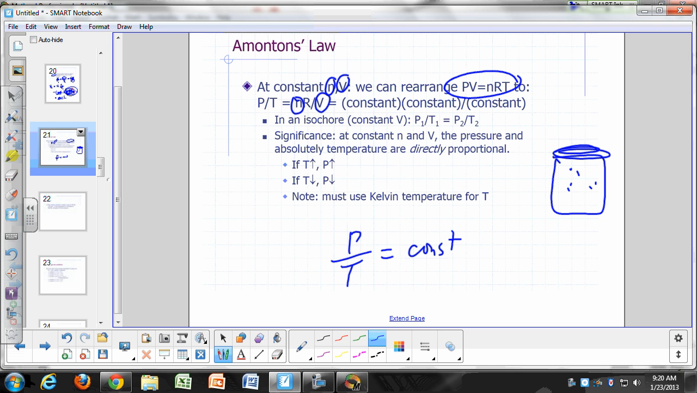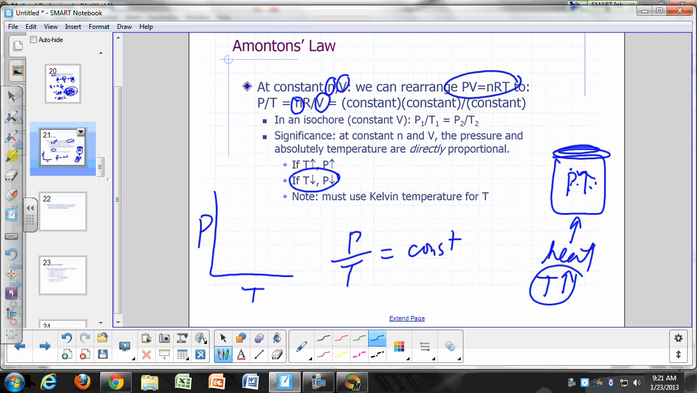In this particular case, you can see how the pressure is related to the temperature. What happens if you heat this gas? If the temperature goes up, what happens to the pressure? It goes up. So we say pressure and absolute temperature are directly proportional. If you cool this gas, the pressure will go down. So if you plot pressure versus temperature at constant volume, the curve that you get is